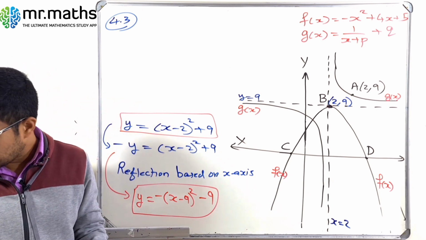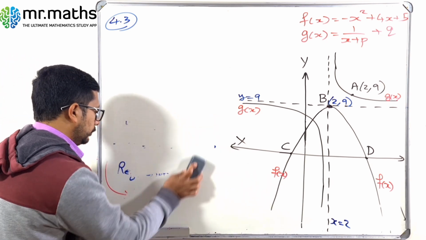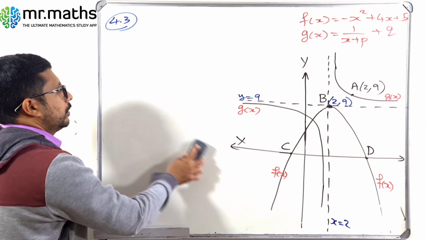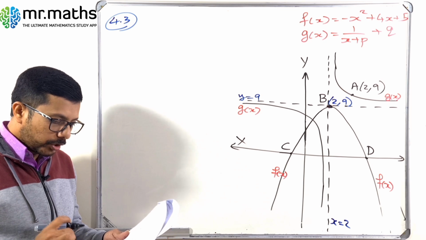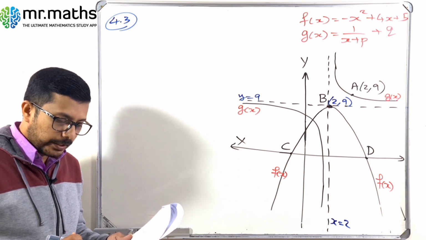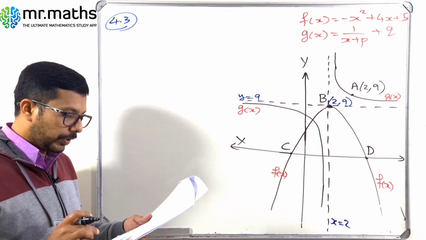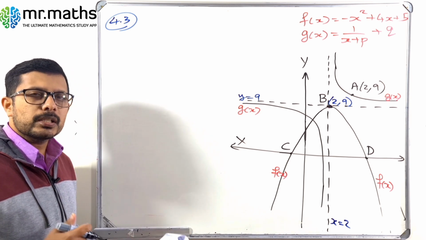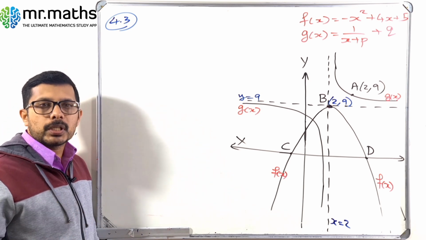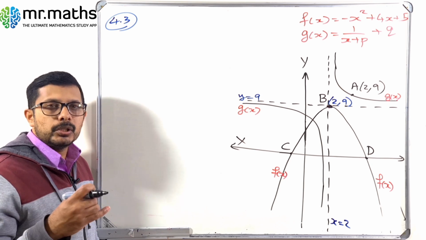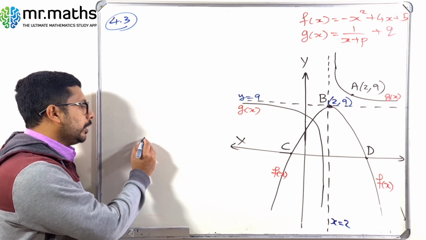You understand? Now come back to our question 4.3. Read that question along with me. Describe the nature of the roots of the graph of t. So you have to write the nature of the roots of the graph of t. What is the meaning of nature of the root? You have to tell how many roots there are, whether positive, negative, or no real roots, something like that. You have to tell two equal roots,